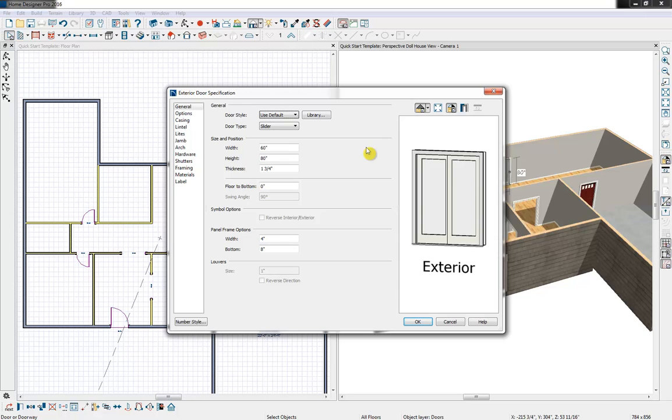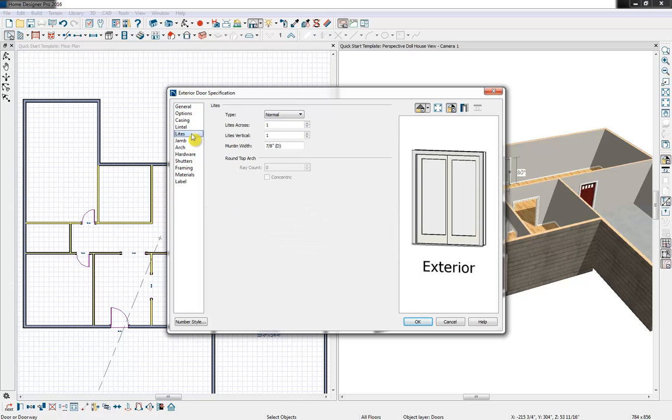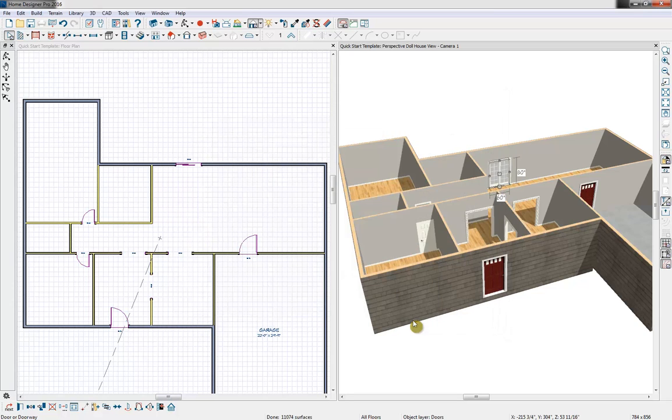So it doesn't matter whether you're selecting a room, a wall, a door, a cabinet, you can always open it up to make changes to it. So in this case, we have the ability with our glass slider to change the lights. So I want to add some window panes into this slider. So I can simply use my arrow keys to increase the number of lights there,